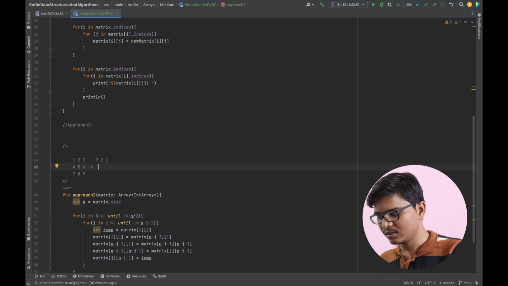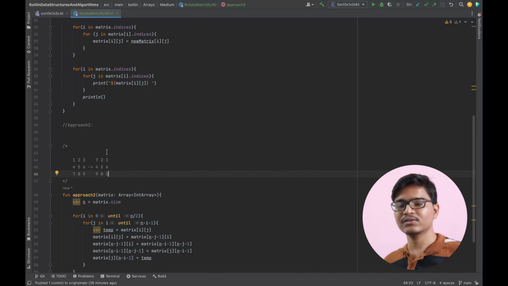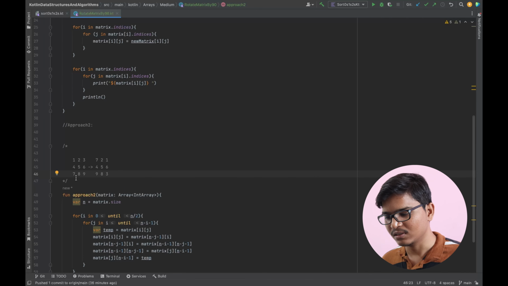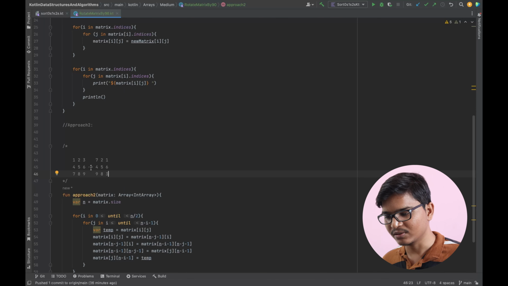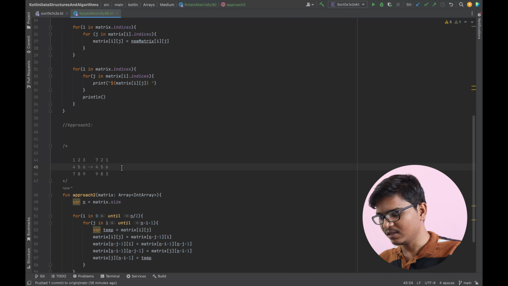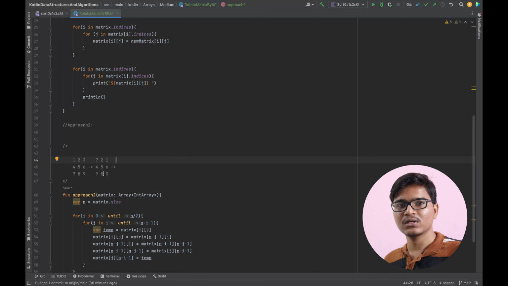Okay, and here 4 will be the same and 5 will be the same, 6 also will be the same, and here in place of 7, 9 will come and 8 will remain the same, and in place of 9, 3 will come. So as you see, we are moving the edge elements in a kind of spiral traversal. We are moving 7 to the top in one position, and 1 to the right to the 3 place, and 3 down to the 9th place, and again in the next traversal what will happen is this 4 2 6 8 is there, right? So those spiral